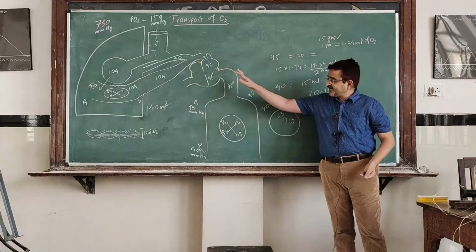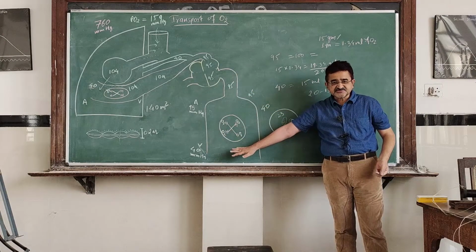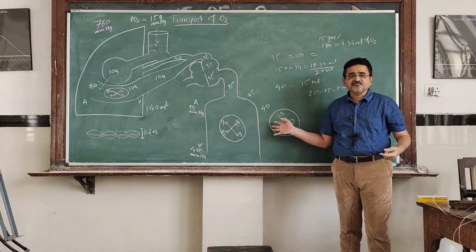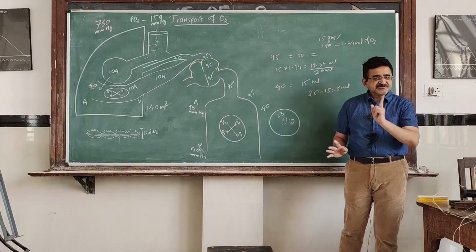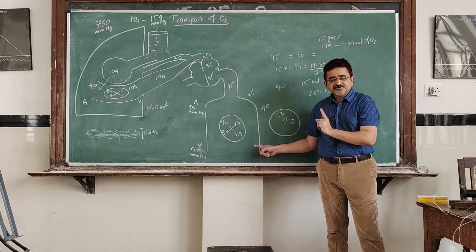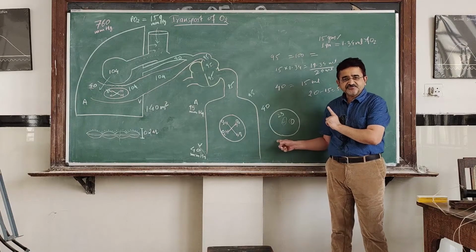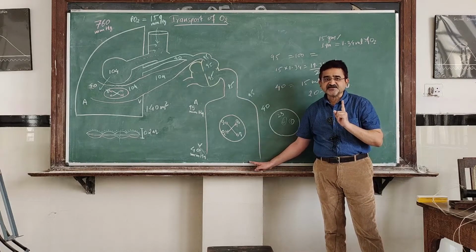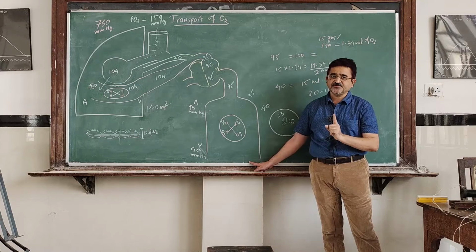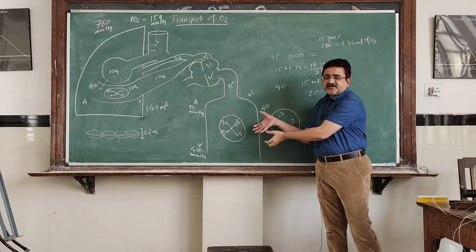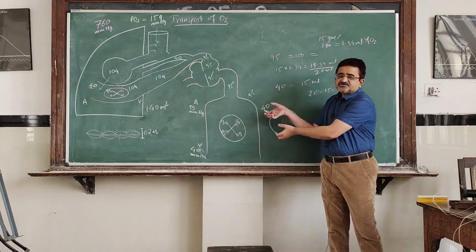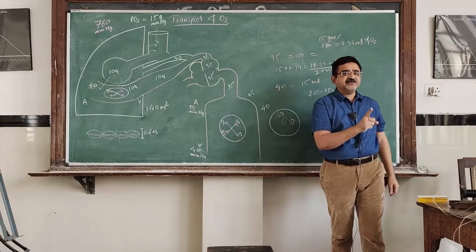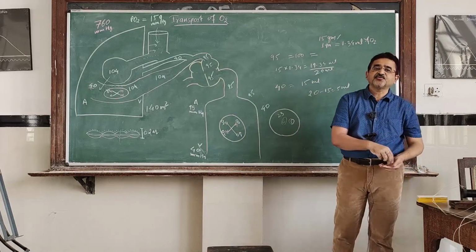That means every time the 100 ml of blood passes through this capillary, how much amount of O2 is being delivered? It is the 5 ml of O2 is being delivered. Now, is it that the complete O2 from the blood is delivered to the cell? The answer is no. Still at the venous end, the 100 ml of blood is having how much? 15 ml of O2. That means from whatever the availability of the oxygen, how much O2 is delivered? It is from out of 20, only 5 ml is delivered, and this is known as utilization coefficient.